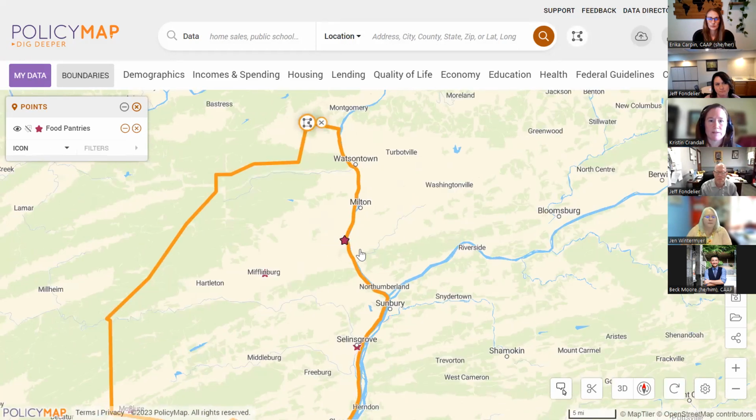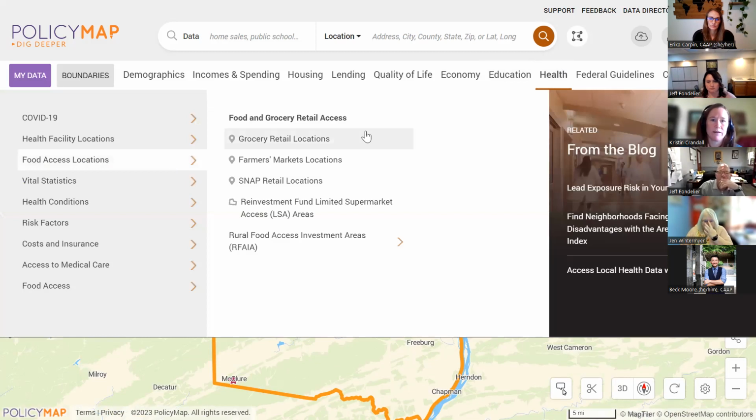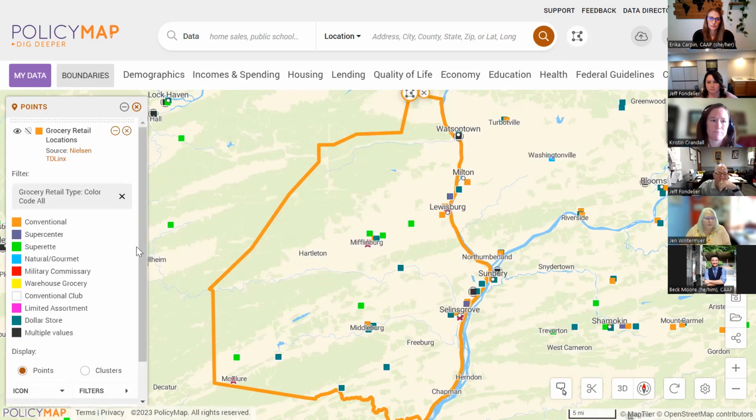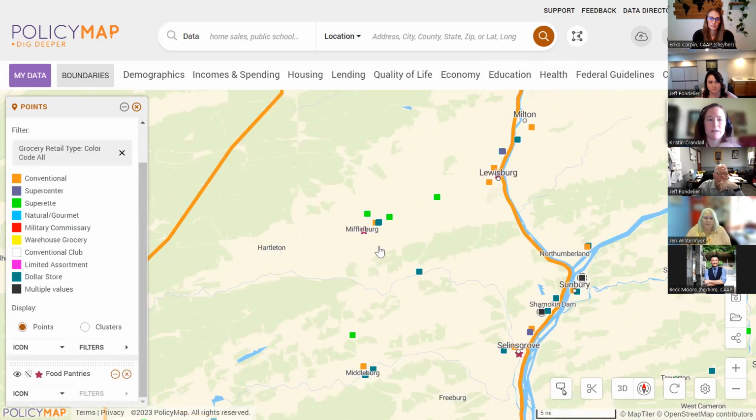So the multi-layering allows you to put up to 5 different layers on the map at the same time. So when it comes to this address level data, like food pantries, you can put those on the map at the same time, right? So say if we want to put on the grocery retail locations with our food pantries, you can put them on at the same time. We could also put on, say, SNAP retail locations or farmers markets or whatever. There's no limit other than you being able to make sense of what's on the map,